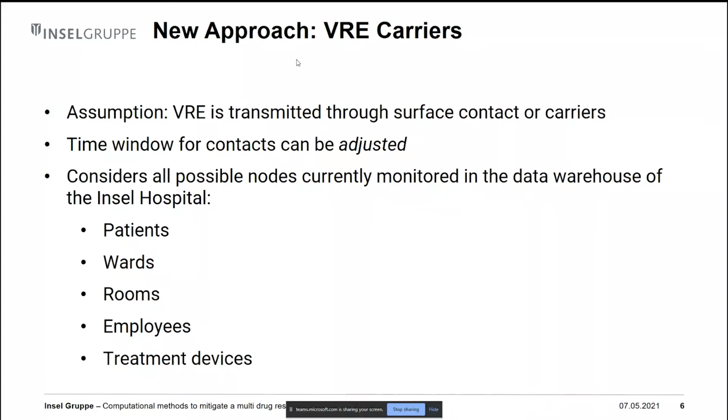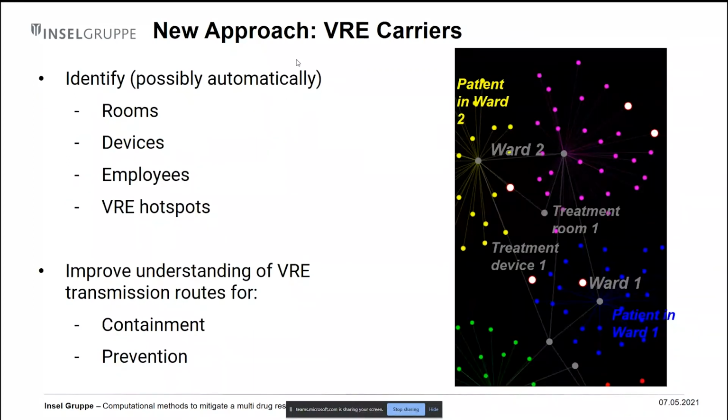And this considers all possible nodes that are currently monitored in our data warehouse, which are the patients, the wards, the rooms, the employees, and the treatment devices. For now, we found these as the main agents that move around within our hospitals. So rooms don't move, but they are moved towards one of the other agents. When they meet, there is a possibility of having a transmission of VRE, whether onto a patient or a person, or onto a surface. And this would hopefully lead at some point to automatically identifying the rooms, devices, employees, and patients that are interacting in this situation and are subject to such a transmission,